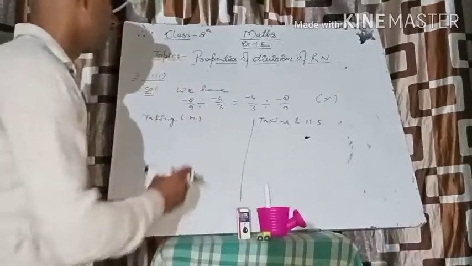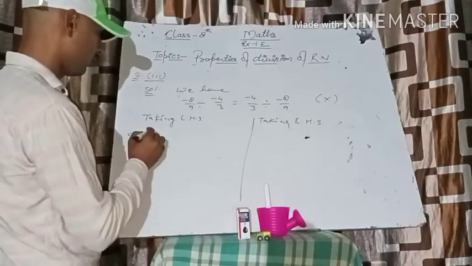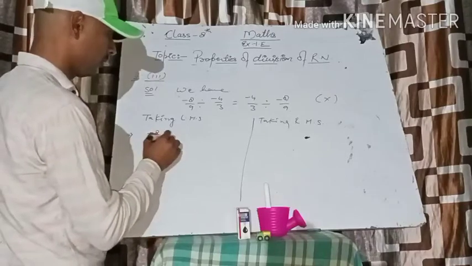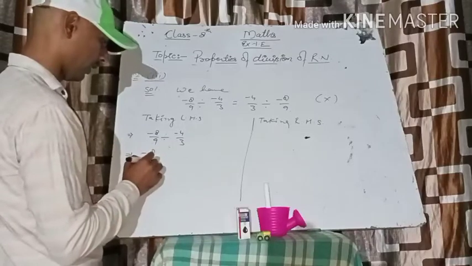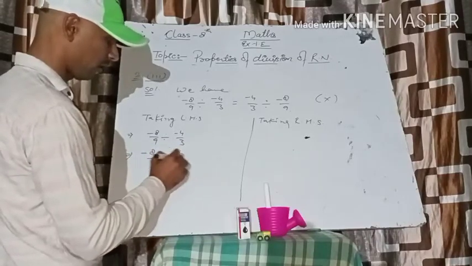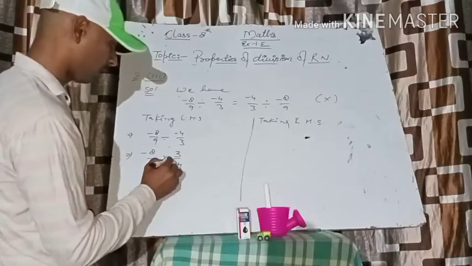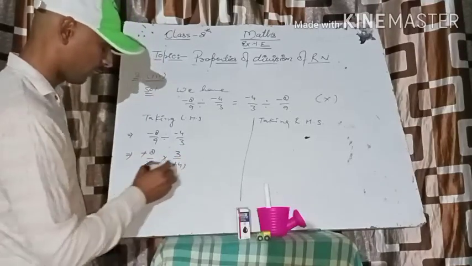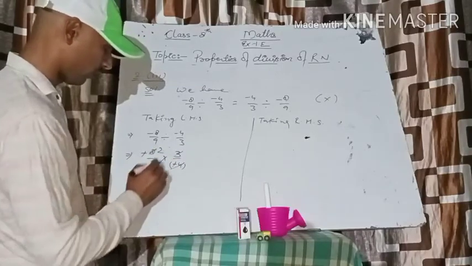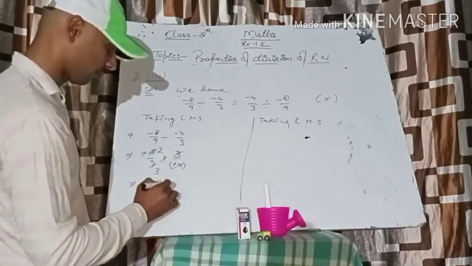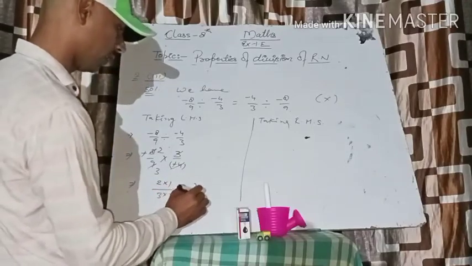Now let's see how to solve this question. Minus 8 by 9 divided by minus 4 by 3 implies minus 8 by 9 multiplied by 3 by minus 4, the reciprocal of this rational number. Minus and minus cancel, 4 into 8 and 3 into 9. So your answer becomes 2 into 1 upon 3 into 1, that is 2 by 3.